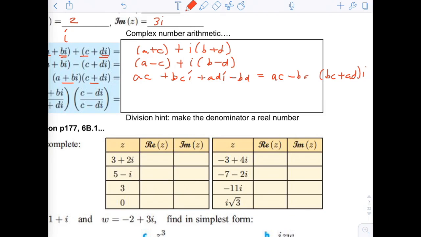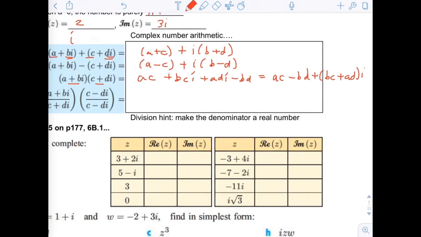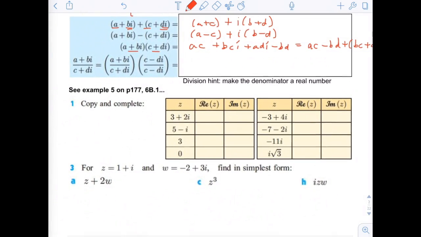AC minus BD. Okay. Last of all, if we multiply a plus bi divided by c plus di by the denominator's conjugate, we could reduce it into a complex number that is only in the numerator, not in the denominator. So basically what this is doing is complex number division. So let's try that. The bottom, c plus di times c minus di, yields c squared plus d squared,